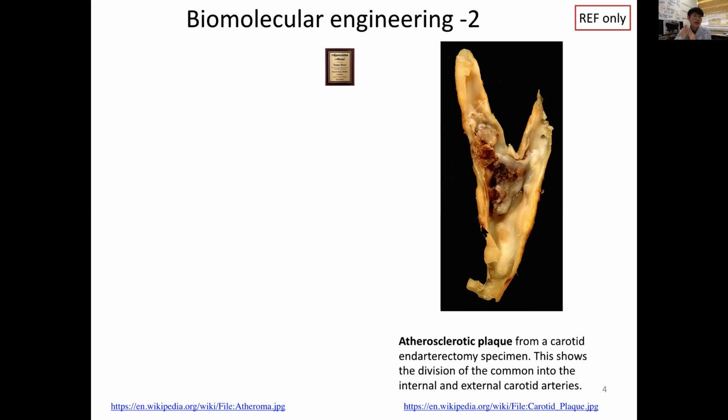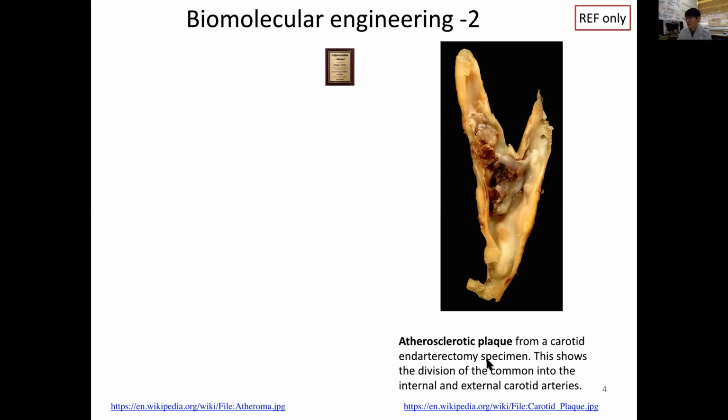And sometimes doctors using a stethoscope or other techniques can actually detect this. So this is an example of the common carotid artery, and one of these is the internal and external carotid artery. You can see there is a lesion over here. So this is an atherosclerotic plaque